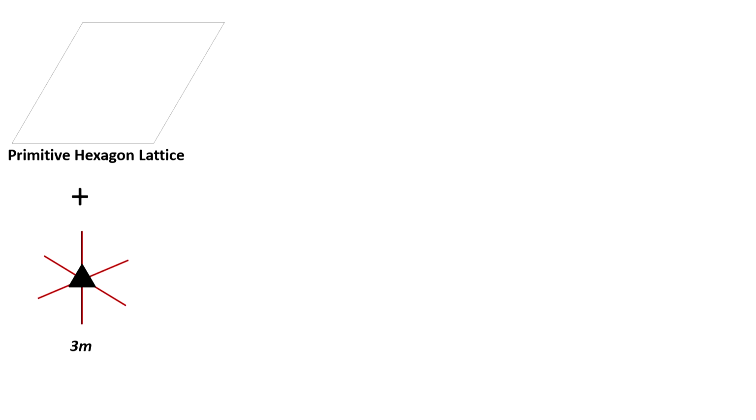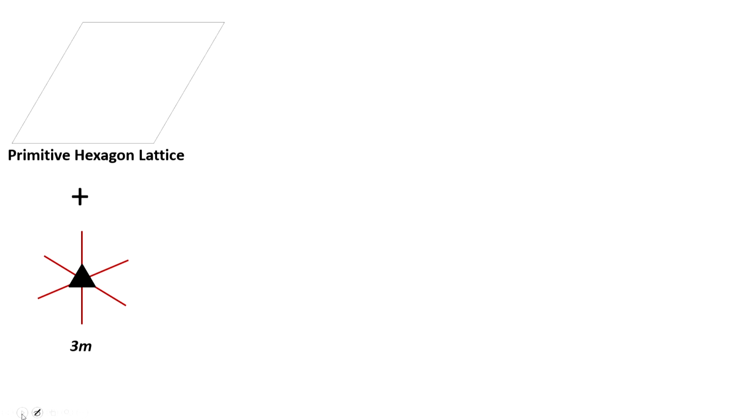In the last lecture, we were discussing plane groups formed by the hexagonal two-dimensional lattice. So, this is where we were. Here we have a primitive hexagonal lattice to which I have added the point group 3m. There are two possibilities for this point group to be added to the hexagonal lattice.